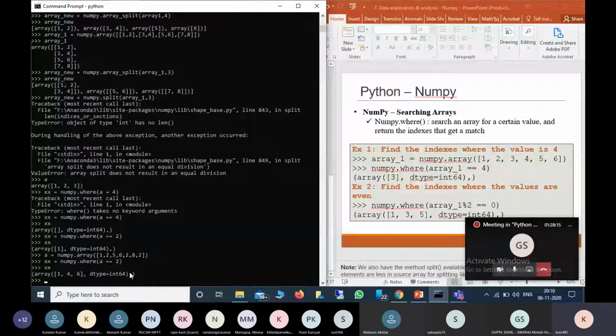Yes, sir. And we can also work with strings. For example, I will take numpy.array and say b, with values Bangalore and Mumbai, for example.